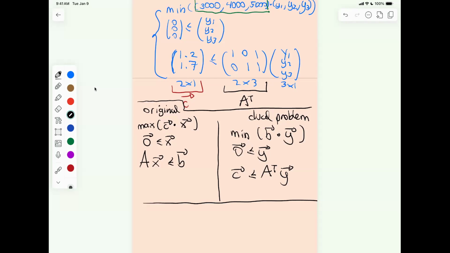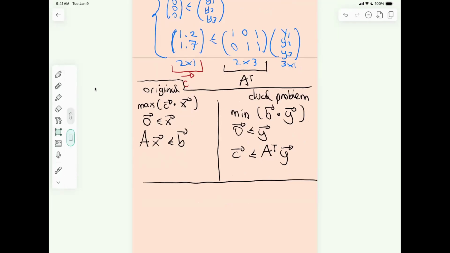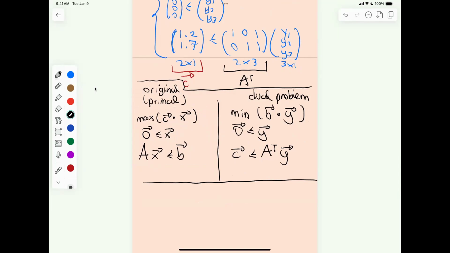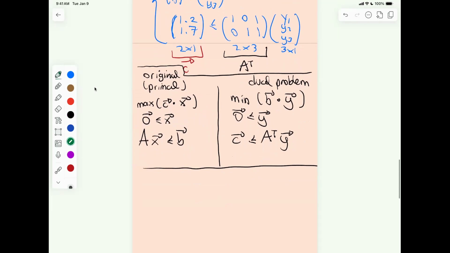They're the max of the original problem, which is also called the primal problem, by the way. But I don't want to bombard you with a lot of terminology right now, so I'll just call it original for now. But if you check the textbooks or any place in linear optimization, that's called the primal problem, and this one is called the dual problem. And the big theorem, which I'll tell you about, but I just wanted to do it in an example first, with the farm stuff, because you can see all the details there. One of the big theorems in the course is